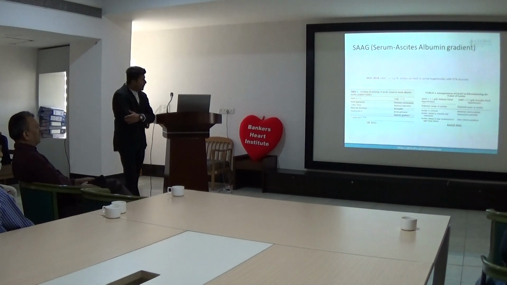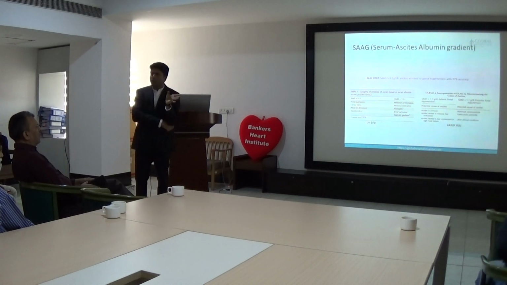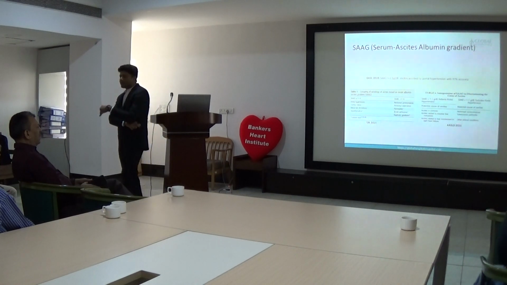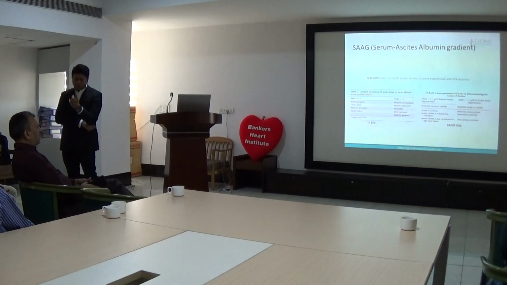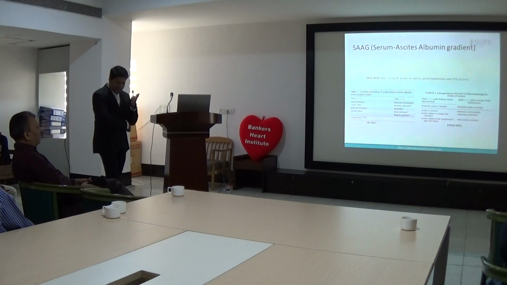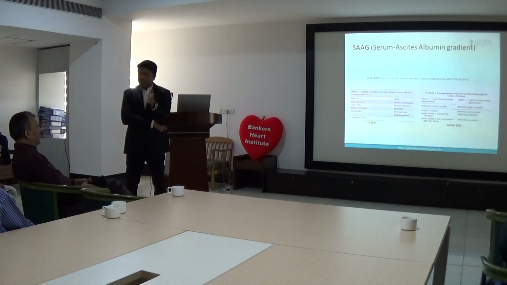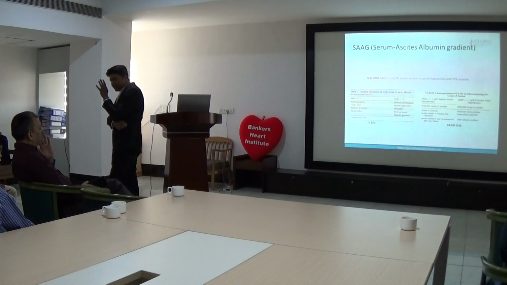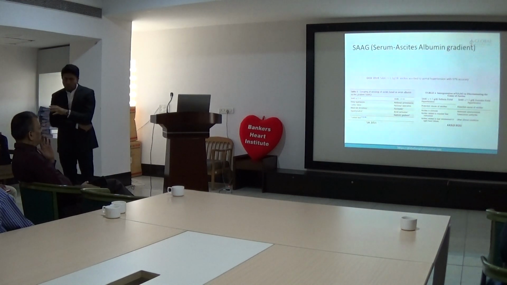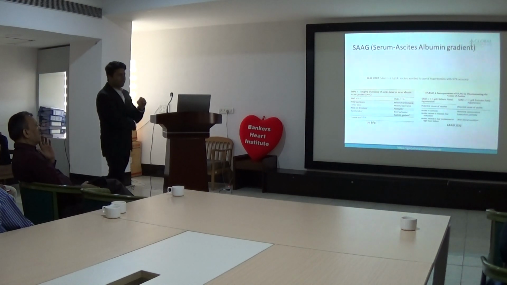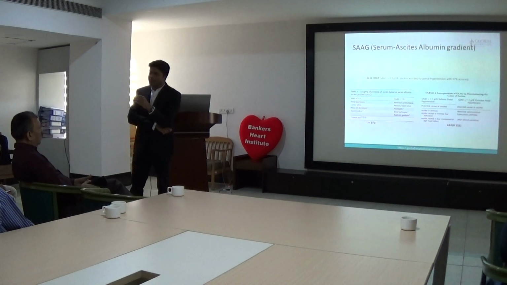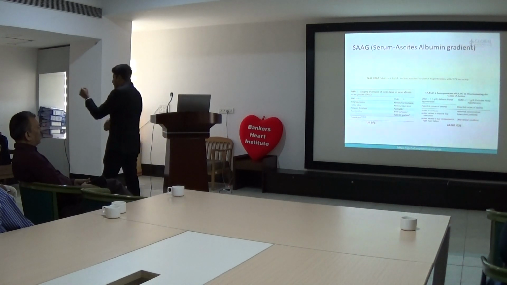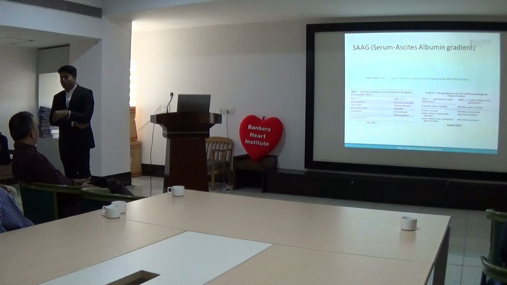Serum ascites albumin gradient, again, it's very important to calculate if your lab is not giving it, to understand whether we are in the high SAAG range or the low SAAG. So high SAAG is something that determines portal hypertension in 97% of the cases. So it's very important to understand whether we have a high SAAG high protein, high SAAG low protein, low SAAG low protein, or low SAAG high protein.